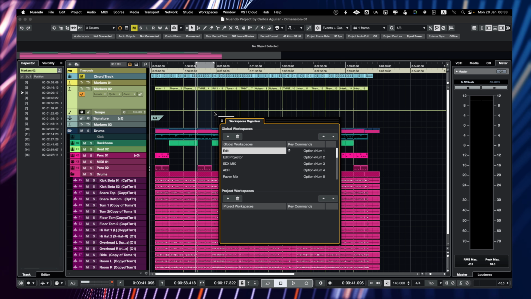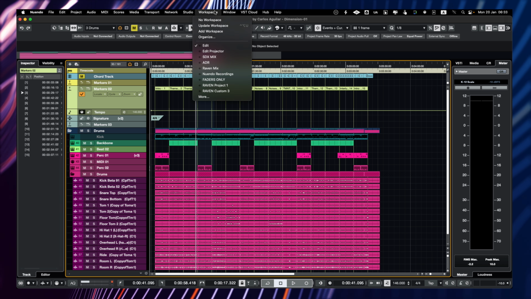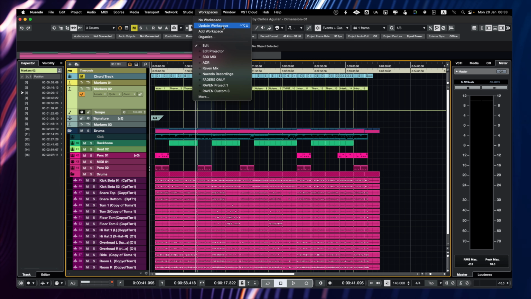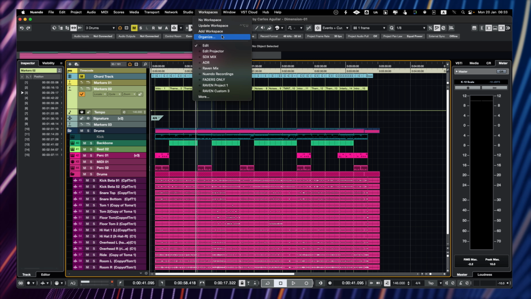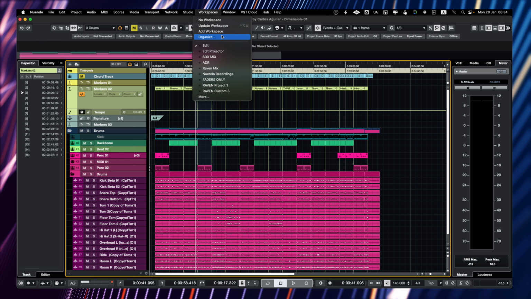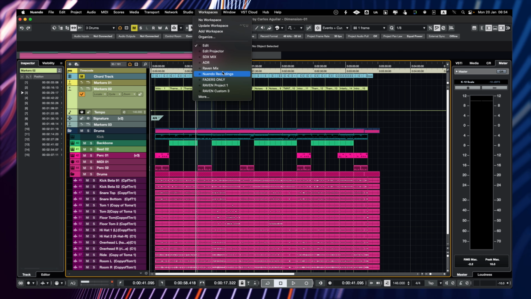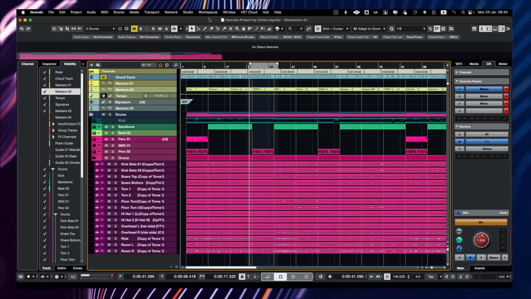And that's very useful. And again, within the window, you have no workspace, update the workspace, add a workspace, and organize them, which is the way you set up which one goes on top, and again works very similar to that. Workspaces actually